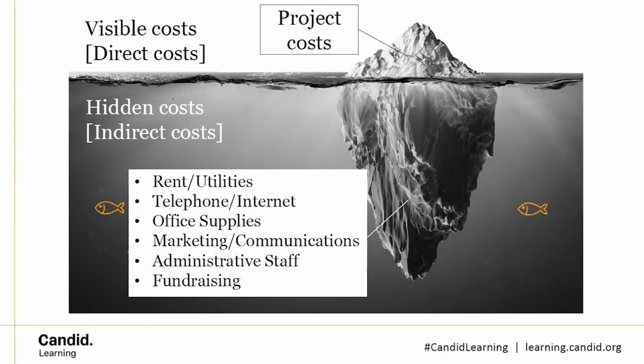So if it is a person who part of their job will be directly related to this project, then it is something that can usually be claimed through personnel. That is not going to be the entirety of their job, but if they have a piece of their job that is specifically related to this project, then that should be something that you can claim in the personnel costs as opposed to overhead costs.